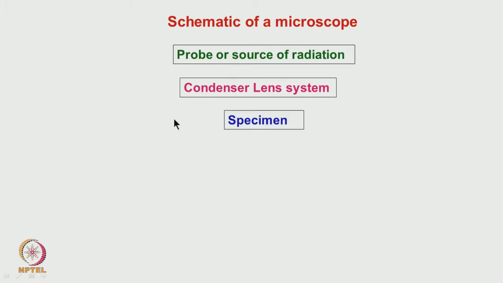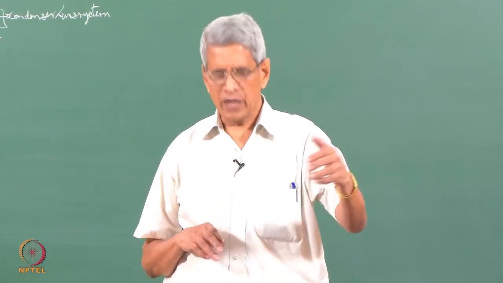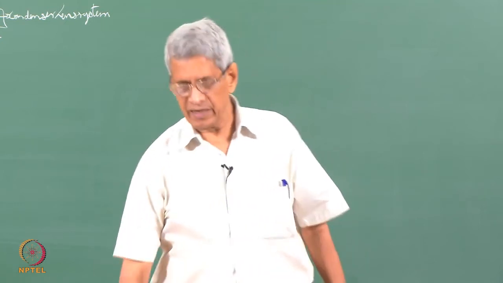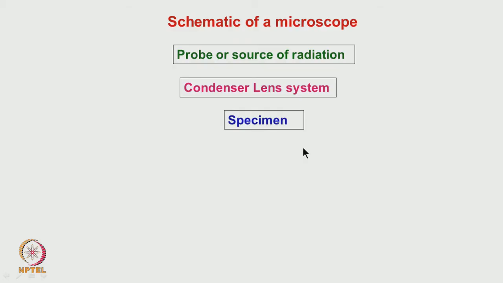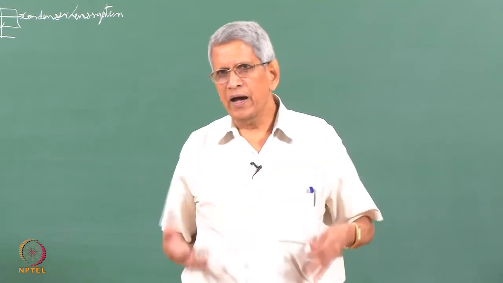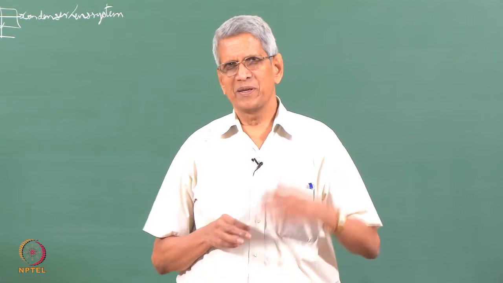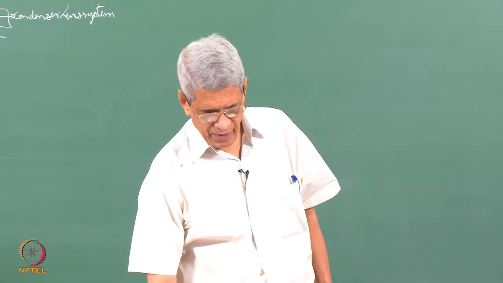Then comes the specimen, the sample itself. Depending upon the microscope, we should have different types of samples, which we will talk about as we progress through the lecture, as well as the specifications required for the specimen to be examined in a TEM. Then comes the objective lens, which the beam passing through the sample reaches. Now, the real part of the microscopy comes. The objective lens essentially gives a magnified view of the object.